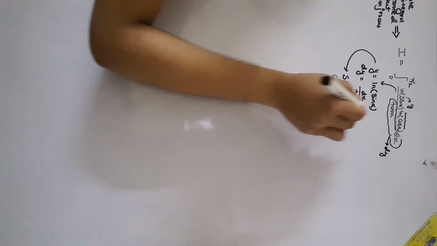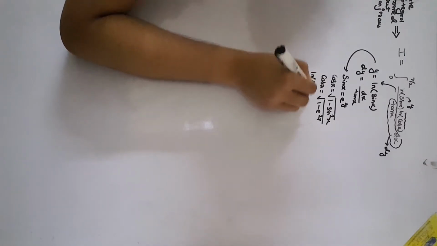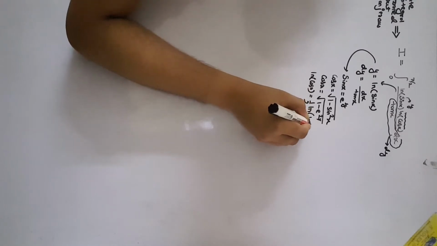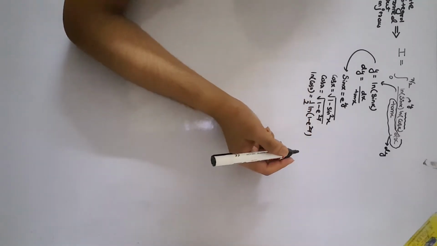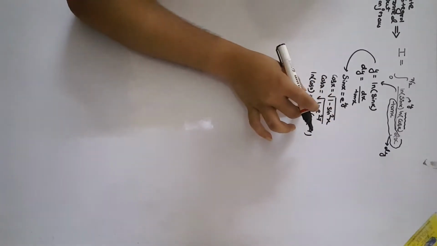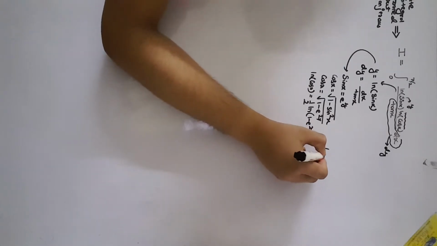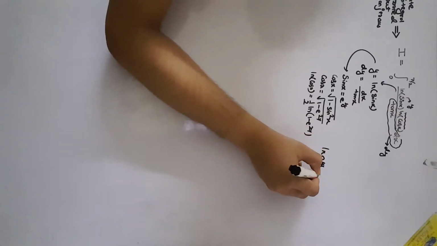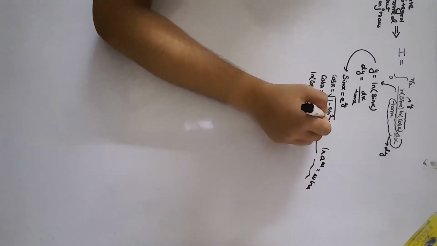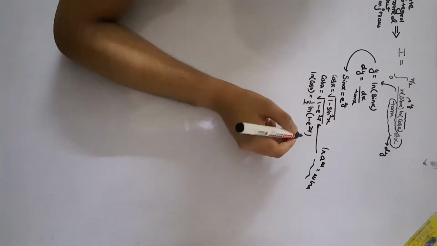And similarly, natural logarithm of cos x will simply be 1 by 2 into natural logarithm of 1 minus e to the power of 2y. It is a property of natural logarithm that the exponent comes out as a direct multiple, because natural logarithm of a to the power of m can be written as m into natural logarithm of a. We have used this to bring the square root exponent down.